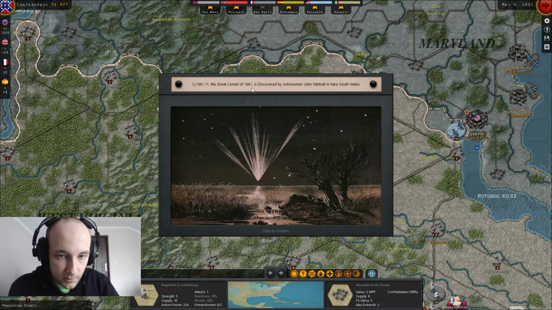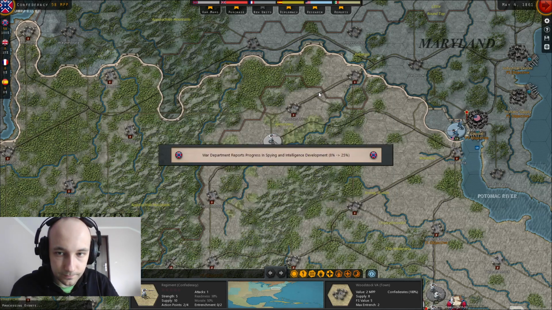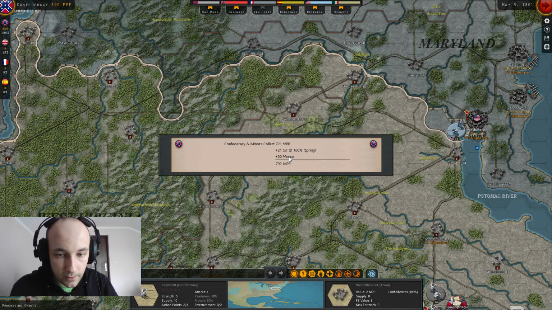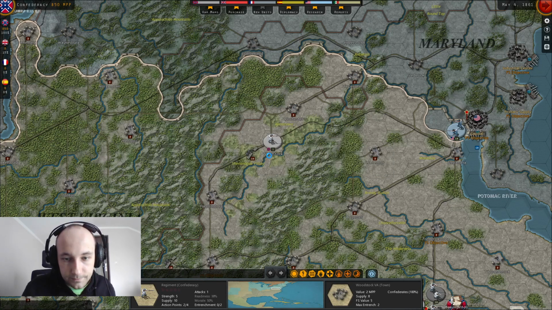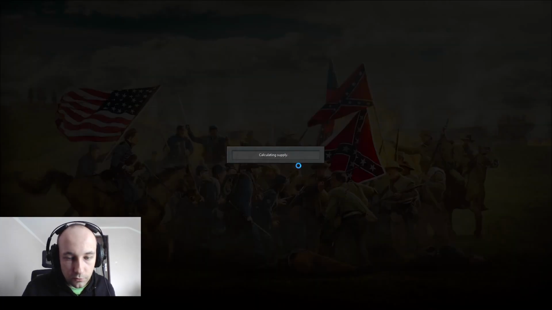And the Great Comet of 1861 is discovered by astronomer John Tebbutt in New South Wales. War Department reports progress in spying and intelligence. Good stuff. We actually need that to go down as soon as possible. Now that's much better. 21 MPPs per turn begin. 13%. Let's go, folks. Let's go. That's not too strong of a unit, but